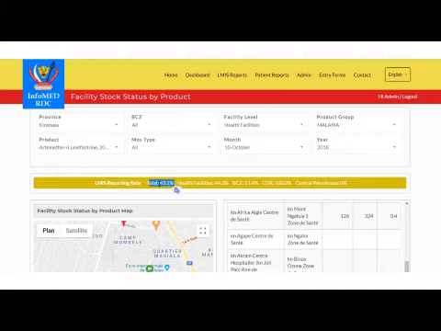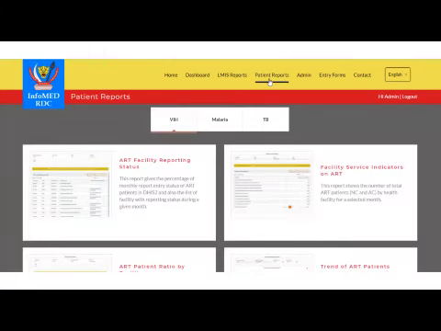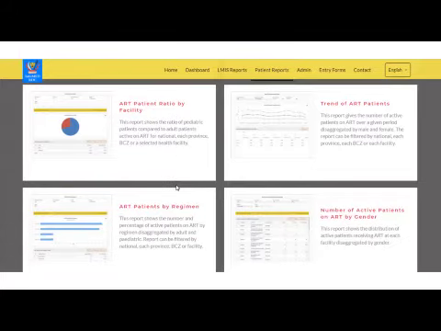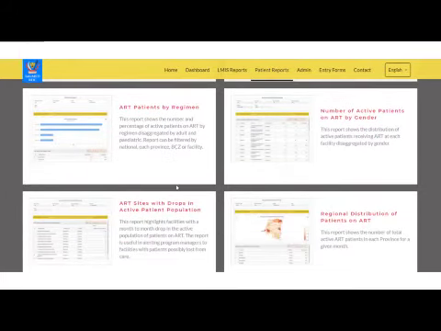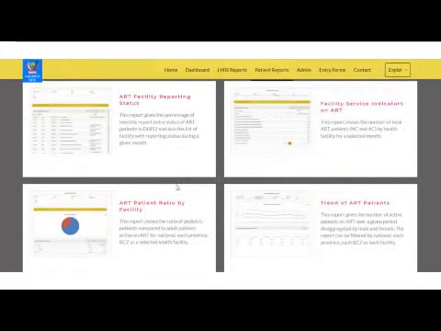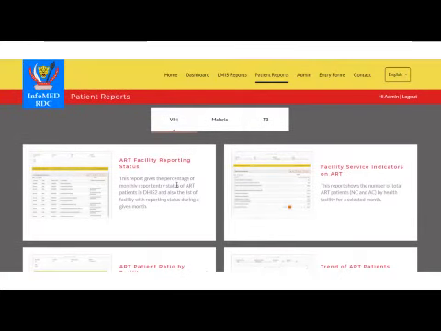The InfoMed DRC platform has also implemented the import of HIV, malaria, and TB patient data from DHIS2, and by now there are triangulation reports that show the current stock balance compared to the number of patients, and with this we can see whether there is enough stock to serve all the patients.